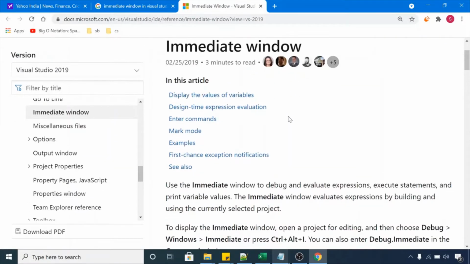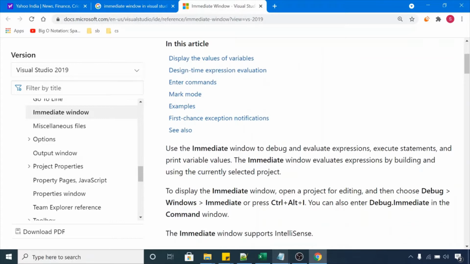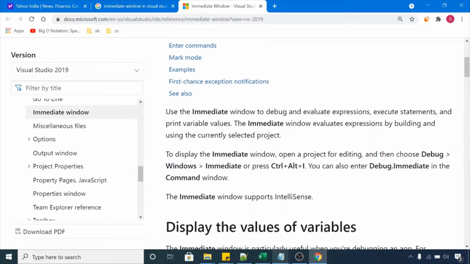Now it is saying: use the immediate window to debug and evaluate expressions, execute statements, and print variable values. The immediate window evaluates expressions by building and using the currently selected project. To display the immediate window, you can launch it from the debug menu.